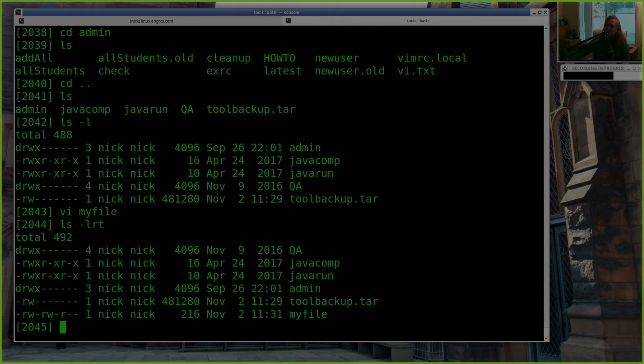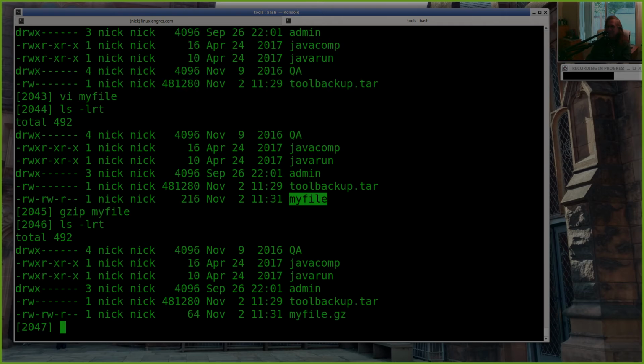Alright, so here's my file. It's 216 characters of poetry. If I want to compress that into a smaller size, I can say gzip my file. And now if I look, my file .gz, that's the zipped version, is only 64 bytes. So it squished it down to almost a quarter of its original size.